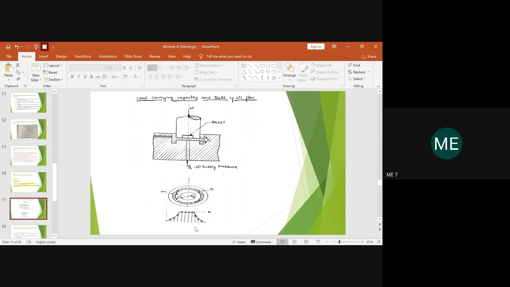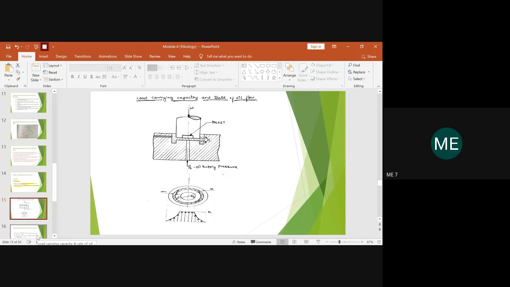Based on the pressure development, you will show the variation of the pressure across the inlet within the pipe, because this is the oil inlet. When the oil is going in with some pressure, the variation of the pressure within the inlet valve is shown, how it has been distributed. You have the radius of the journal and the other parts, right? We will be dealing with that in the next class.